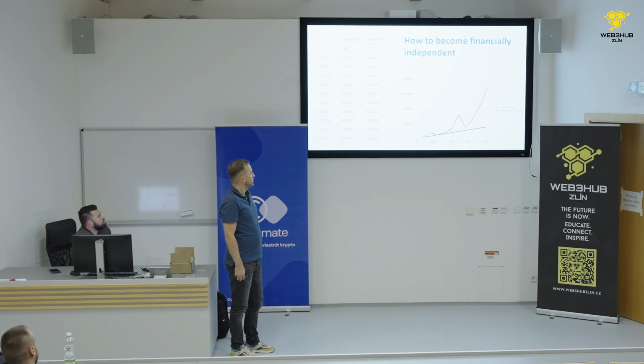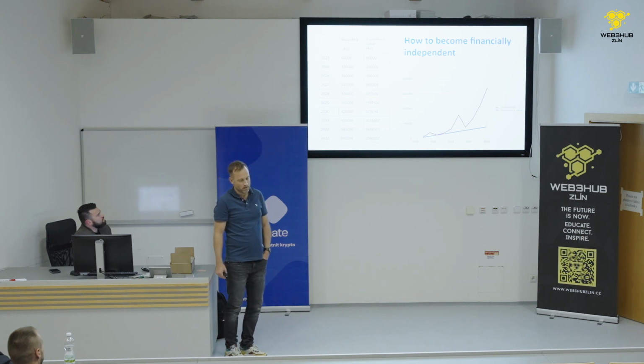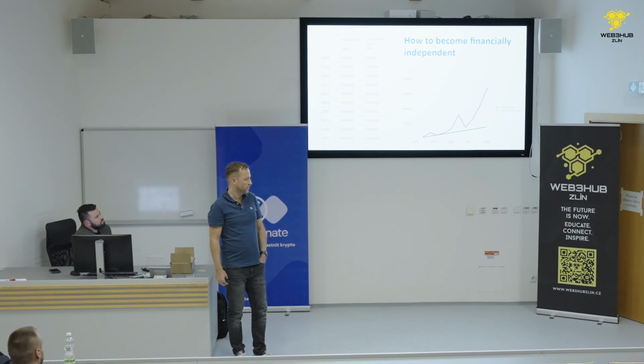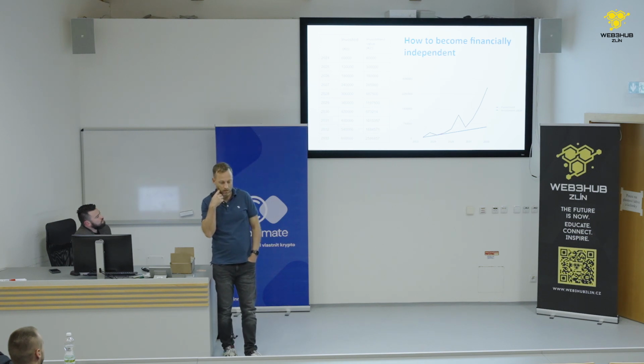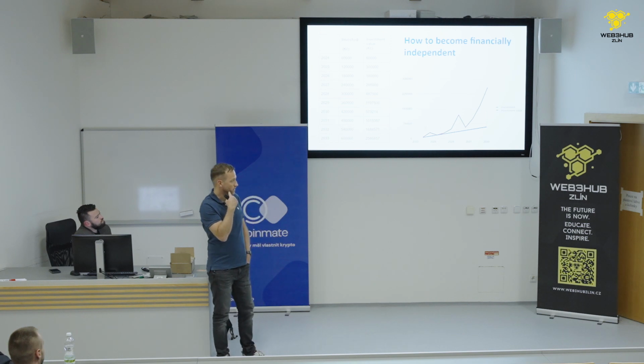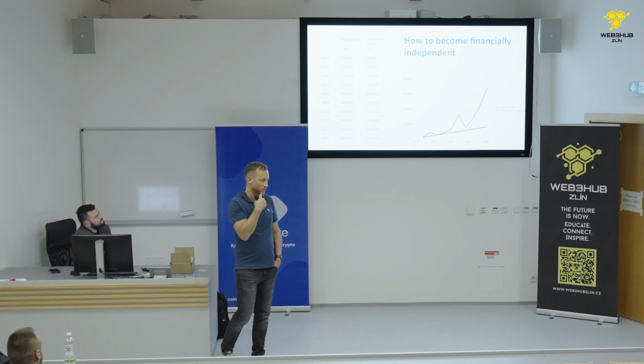This is an example of investing in Bitcoin. Charlie Munger, a partner of Warren Buffett, one of the most famous investors, was once asked, how can you become financially independent? Meaning you have enough money to cover future costs of your living and live a happily wealthy life. He said that the first $100,000 is the hardest. You need to get there, and I don't care if you walk everywhere by foot and eat cheap food, but you need to get to that first